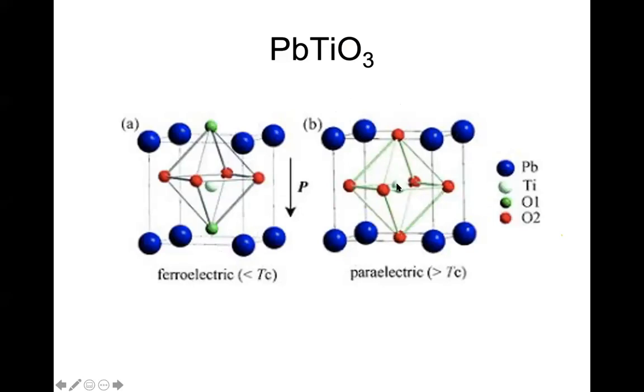At high temperature, it is cubic. For example, this is titanium, this is lead. Octahedra, it's very regular. Titanium, oxygen, same distance. Okay, TiO6, same equal bond length. This is paraelectric. But if you cool this material below the Curie temperature, you can see this center atom moves from the center either this direction or this direction. Now, this is elongated. That means you can see this distance is longer, this distance is smaller. Okay, then it becomes tetragonal structure. Then all this unit cell ordered in the same way in the crystal. So this gives rise to ferroelectricity.